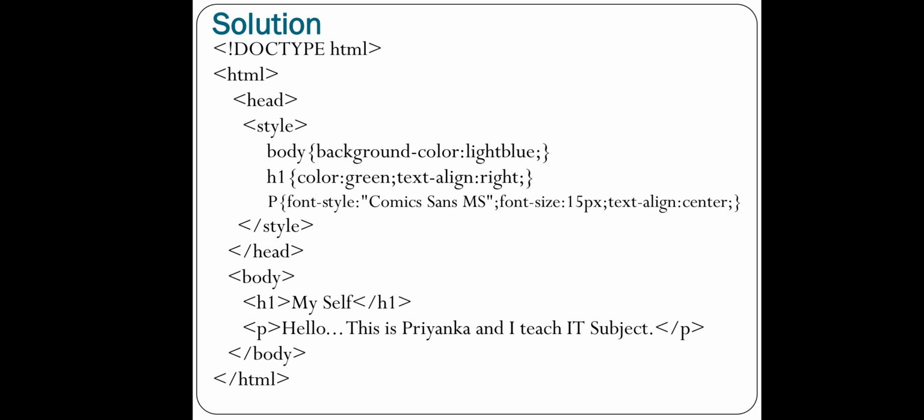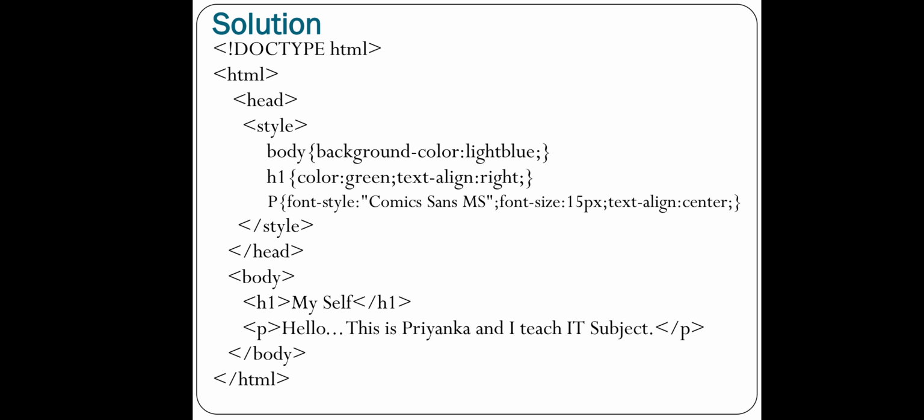Then next, for the second condition, what was given? That the largest heading should have a green color for the text. So for giving a color to the text, you have to use the attribute color. And then the second attribute, what? The second property they wanted us to change is that it should be aligned to the rightmost part. So which property? Text align, and the value given is right. Agree? And the third and the last element was the P tag.